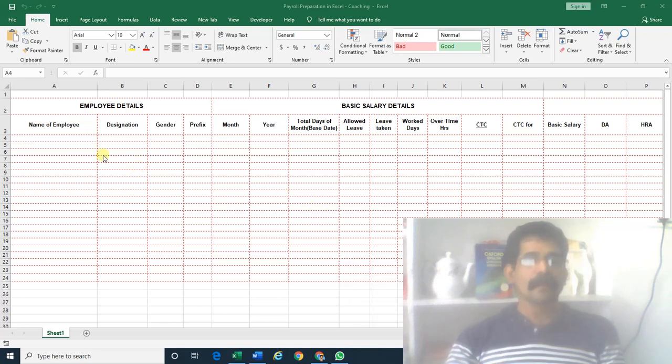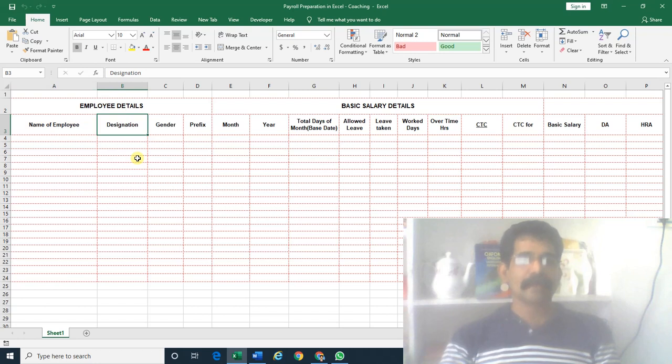Here we have a database of employees. We are going to make a payroll software from Excel. How can we make a payroll software in Microsoft Excel?